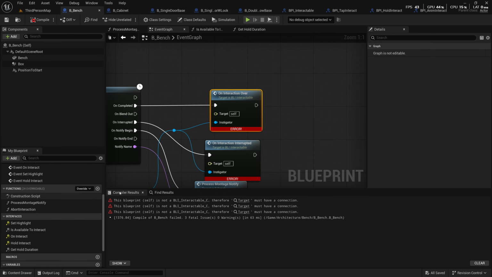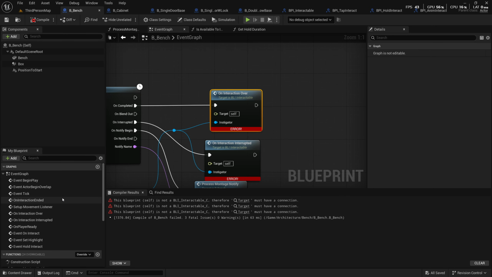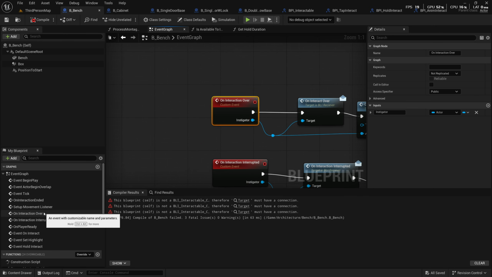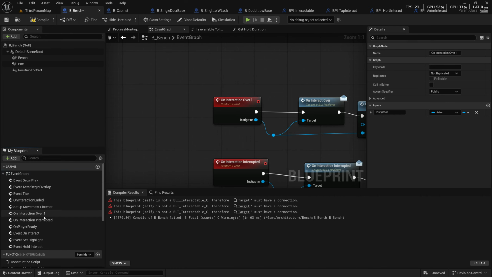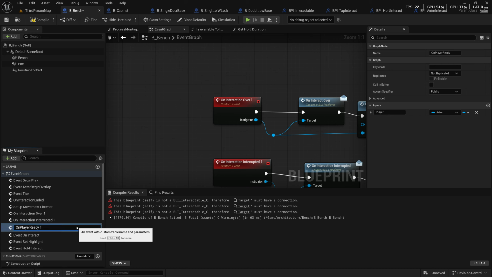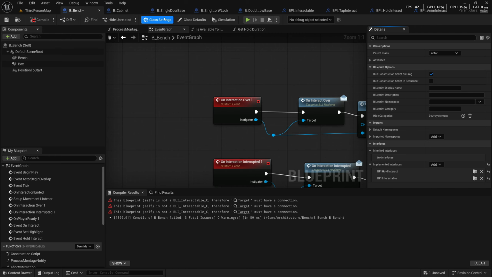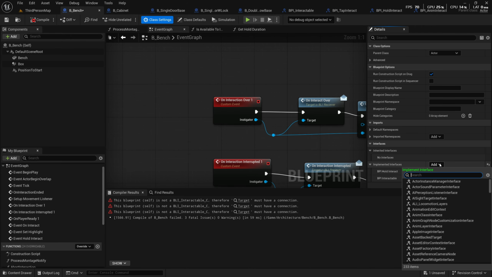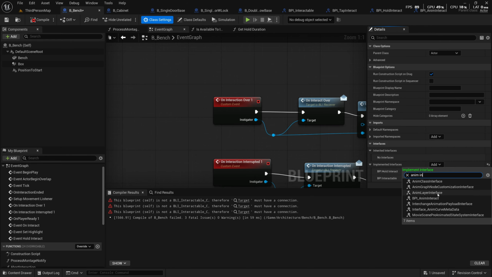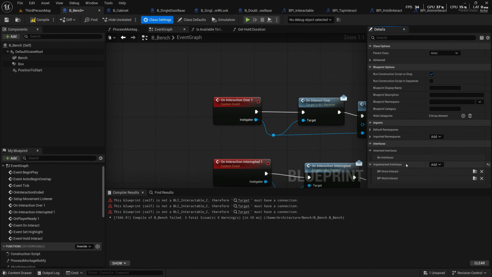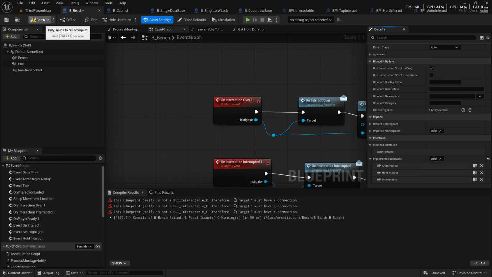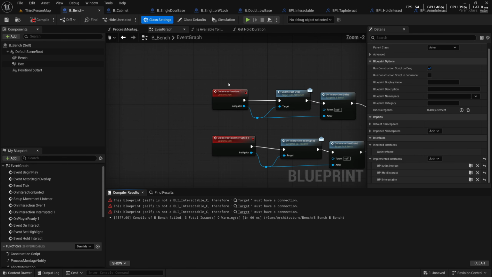I'll go to bench, and what I am going to do is rename these events to over 1, interrupted 1, on player ready 1, on interact 1. Now it's fine. Yeah, okay, we compile, we go to class settings, and we add anim interactable or interact. Yeah, that's it. Okay, now if we compile and we go to